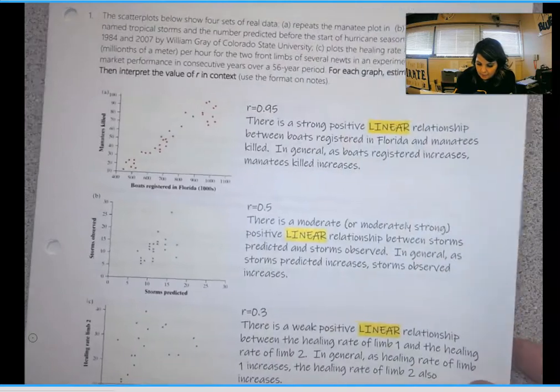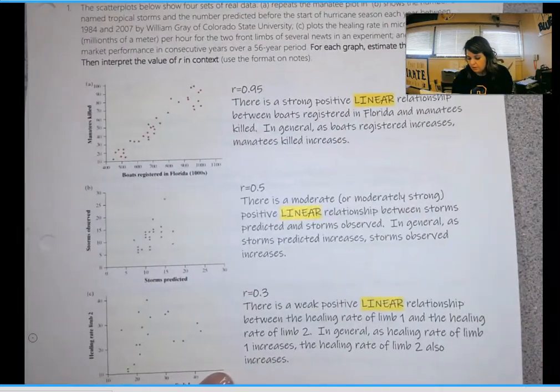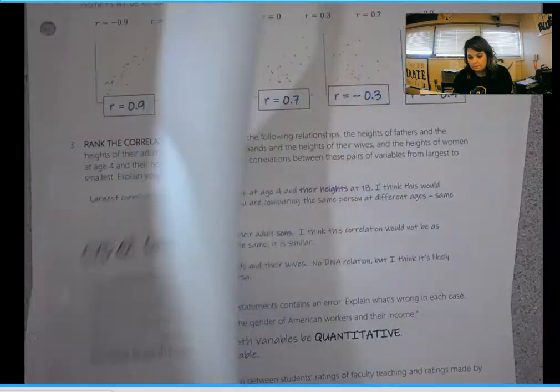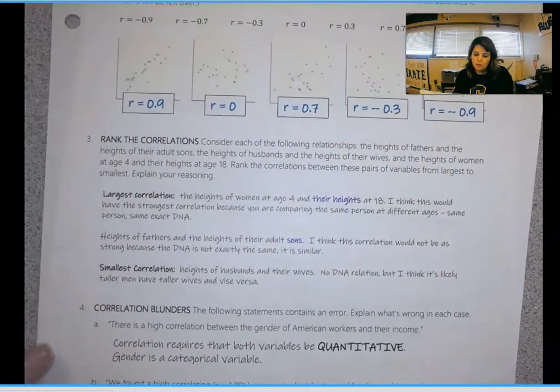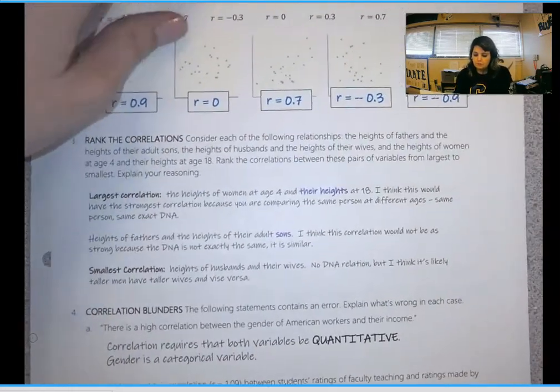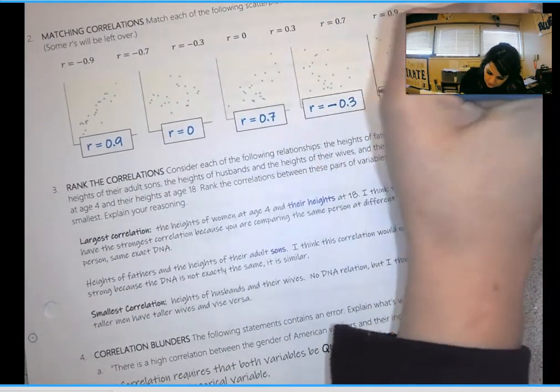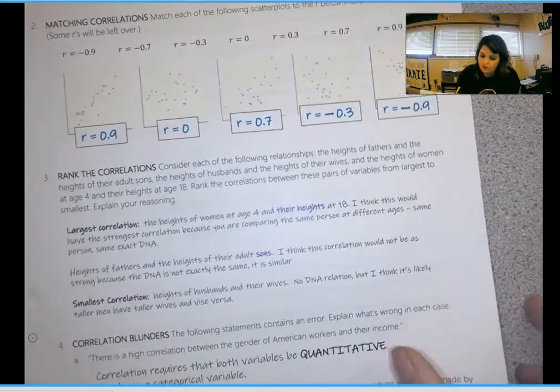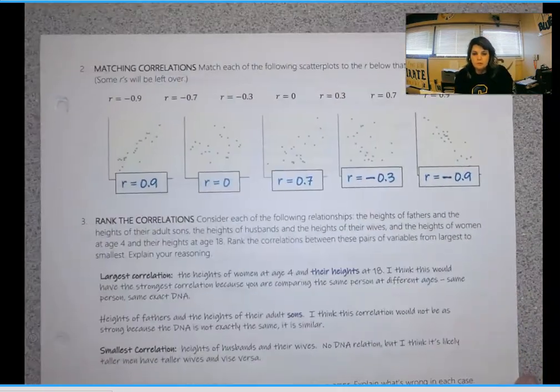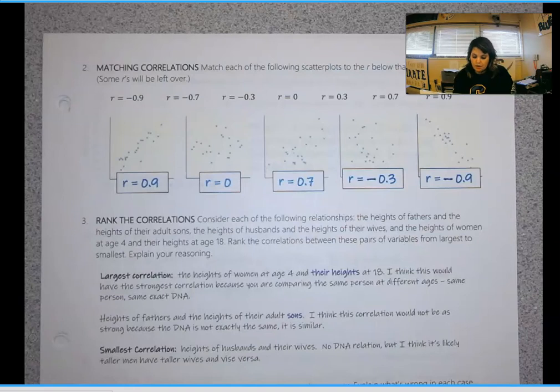Okay, next up. Sorry, my papers are stuck. Okay, matching correlations. So these are my values. My negative with this font is not awesome, so let me darken that up a little bit. So these are my R values that I associated.